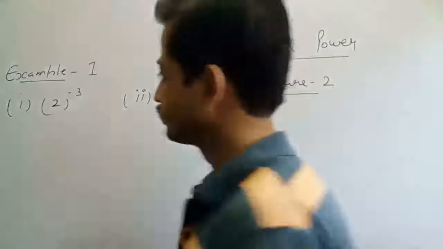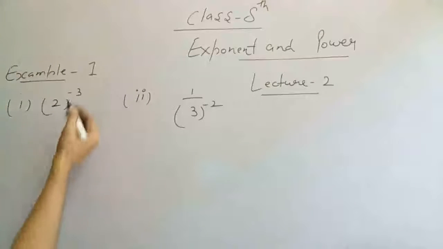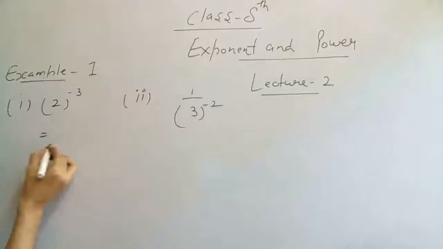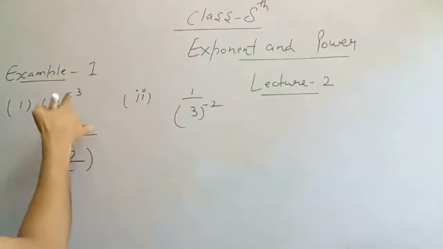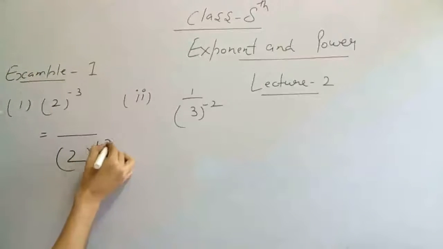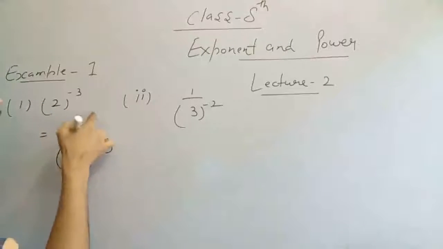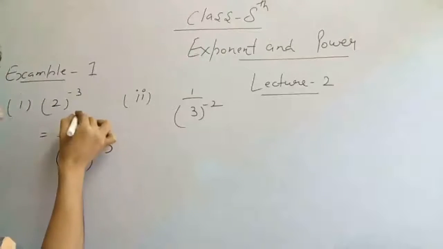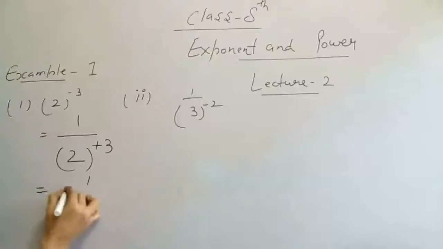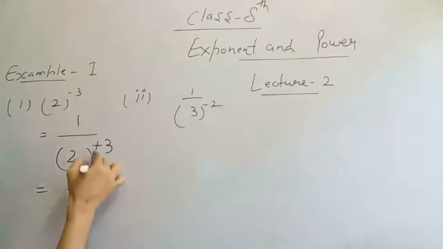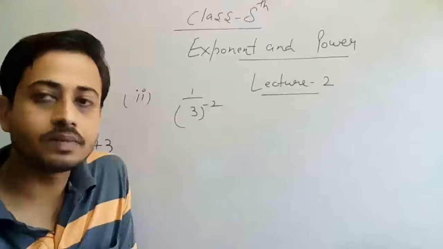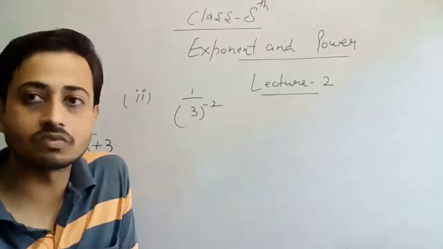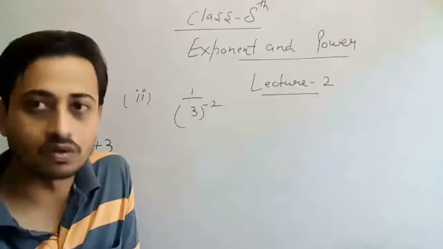So to solve, the term here is 2 raised to the power negative 3. If I move it to the denominator part, the exponent remains the same and the sign of the power gets changed. So there is negative, and we get positive 3. And no term is specified in the numerator, so you have to take it as 1. So the answer is 2 raised to the power positive 3. And if I write 3, it means positive 3, because the sign is not specified with any term. We have to take it as positive.